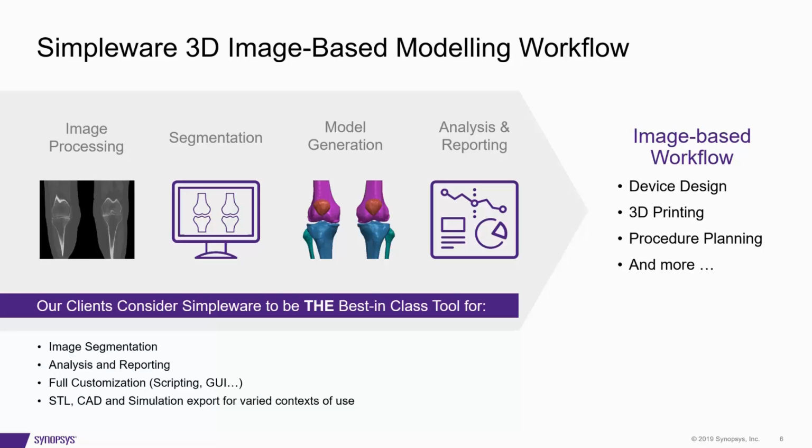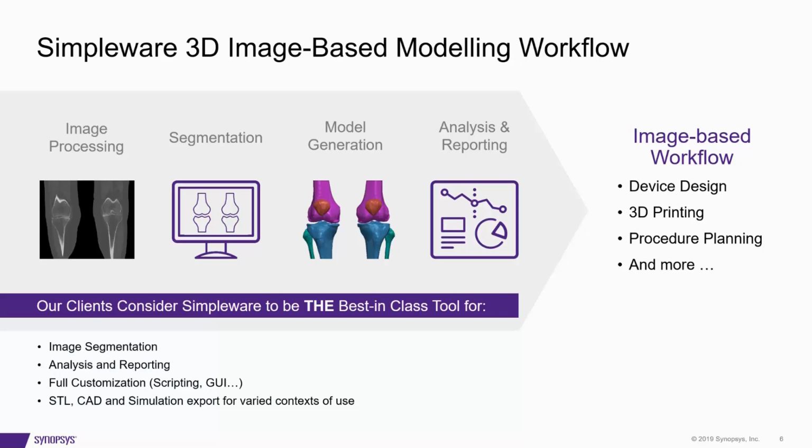And then we're going to generate an accurate model of this particular patient's knee anatomy. And then we're going to go to this analysis and reporting stage. Now, this could cover a lot of areas, from anatomical landmarking to measurements which might inform the design of the device, or in this case, the cutting guide. So those could be angles or distances, maybe you do some shape fitting in there as well. So once we have all these parts, we can then export them to Entopology, and they can start the patient-specific